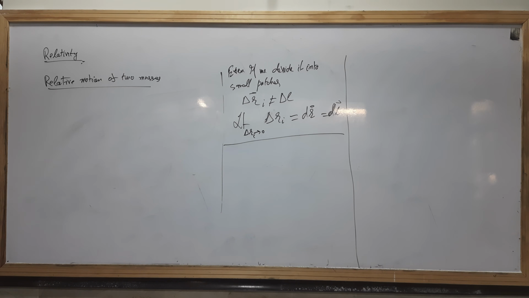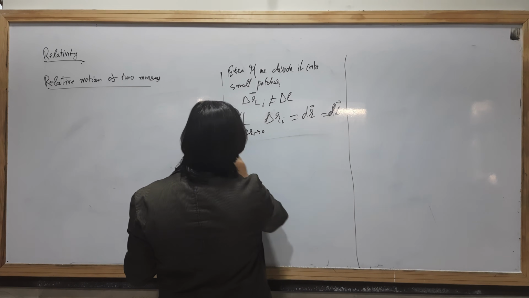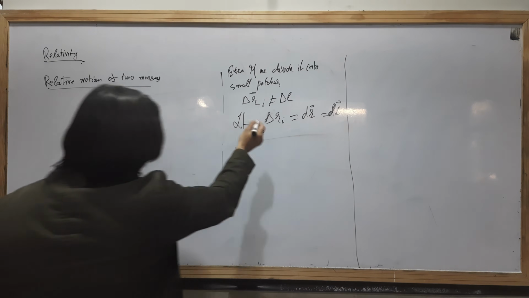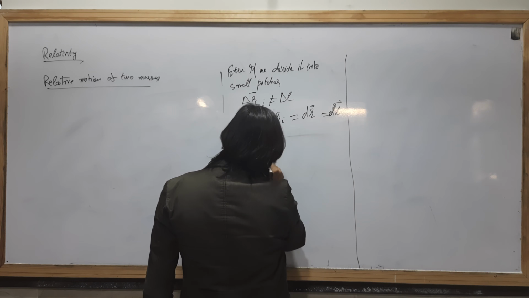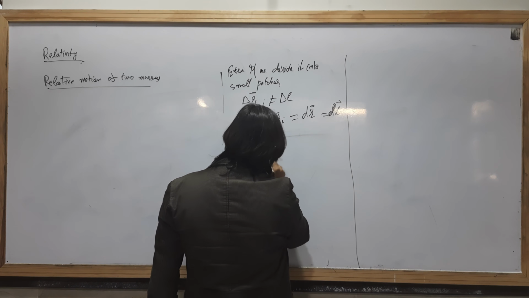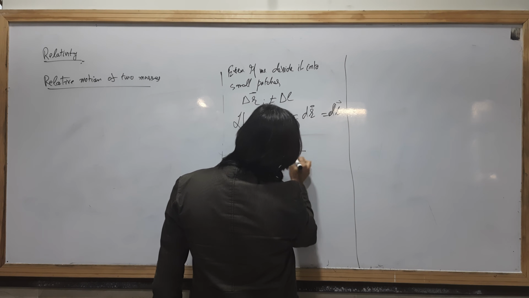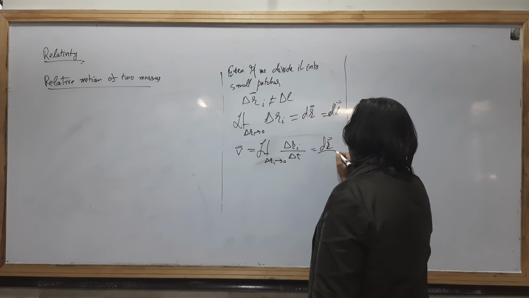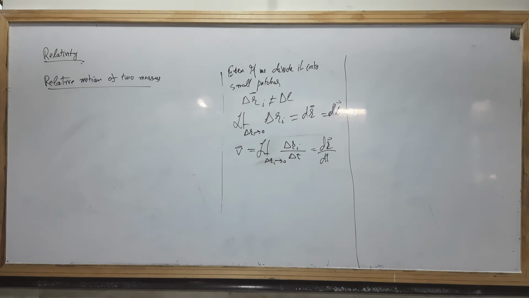If you have two masses... that was all about the single mass, and this will be delta R and delta V. What will be the V? V will be velocity. What will be the velocity? I have already explained that when you take the derivative, delta R approaches 0, and this delta R is changing with respect to time t, so that will be dr over dt. That will be the velocity, and in the same way we may find the acceleration.